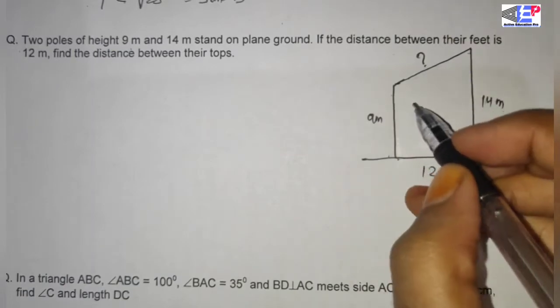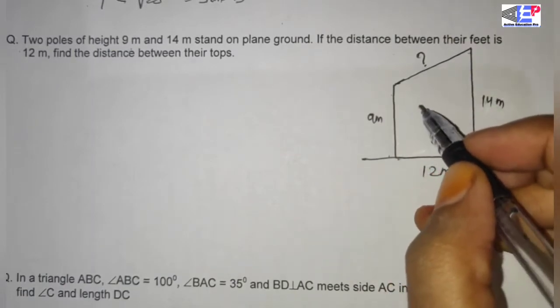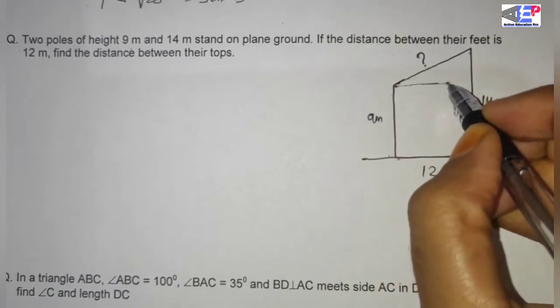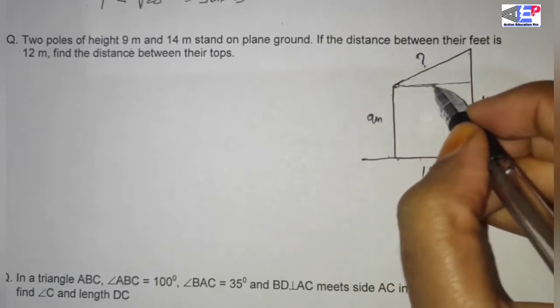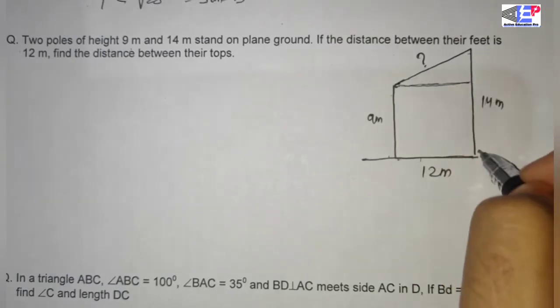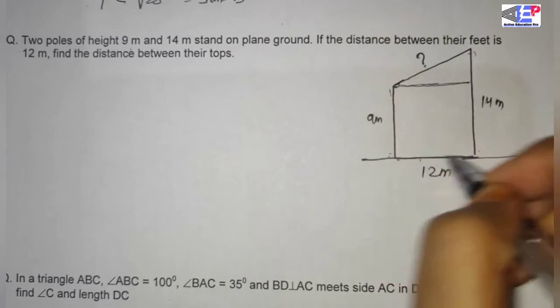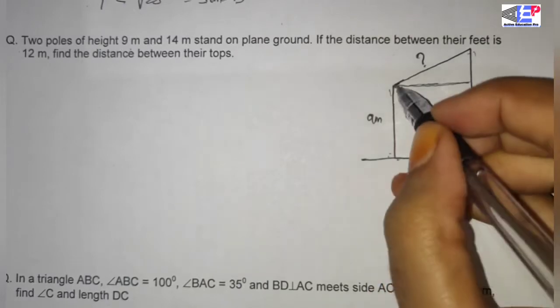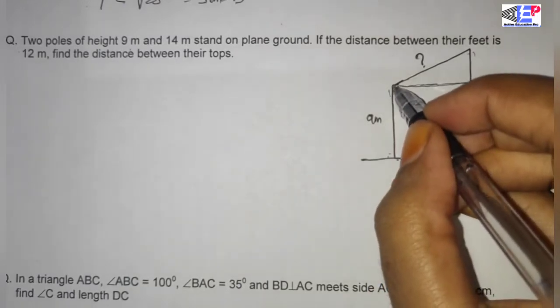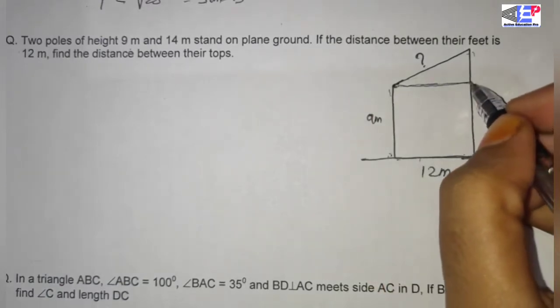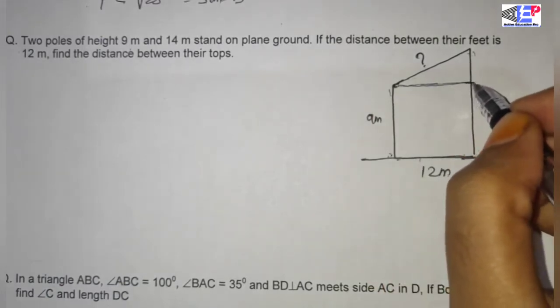So in my last video I already told you that here we have to draw a line parallel to the ground towards our right, to touch the longest pole. It is the shortest pole, it is the longest pole. So from the top of this 9 meter pole, draw a line parallel to the ground level towards the longest pole and touch at this point.